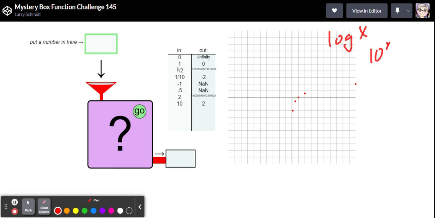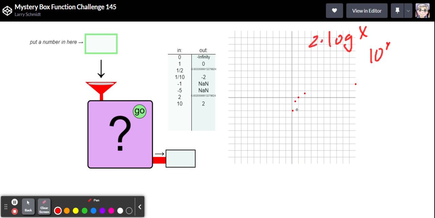So when I put in the 1 and we got out a 0, what that means is we take 10 and raise it to the 0 power, and we get out 1, and that makes sense. And then we get this shape for a log function like this. I was a little confused, though, because 1/10 gave me -2, and I was thinking this would be -1, because if it's just the log of x, 1/10 is 10 to the -1 power, but this says -2, and same with 10. This is not 10 to the second power, so I'm wondering if we just have